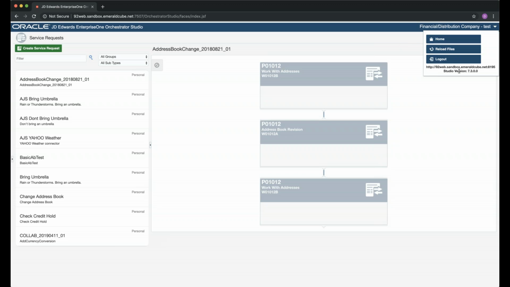But if you ever ask for your studio version, or you want to know once you are installed, or if you're curious right now and you do have an Orchestrator and you want to go in, this is where you'll see your studio version. That's how you reference your different tools releases and different functionality that you might have, via that studio version right there.